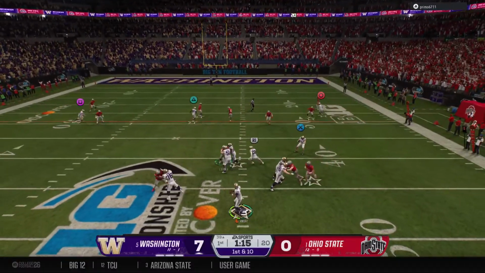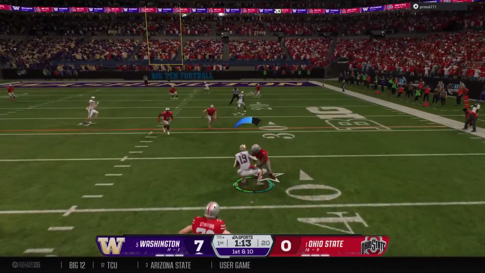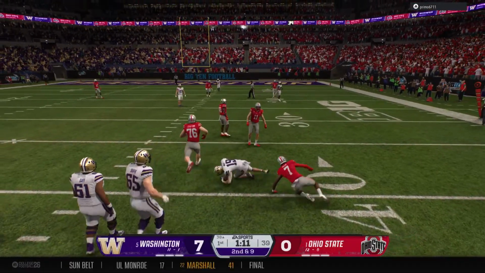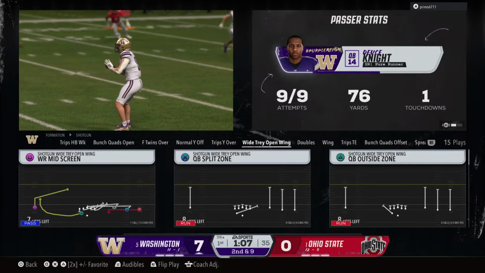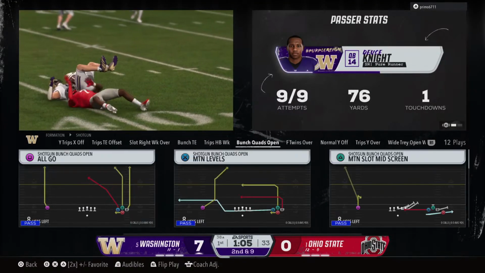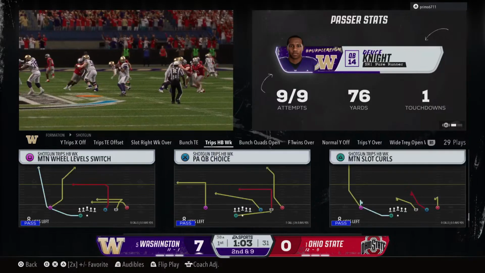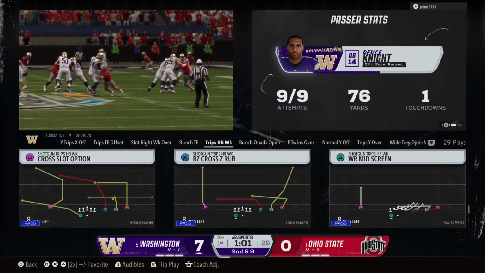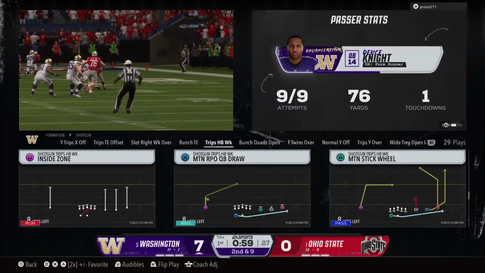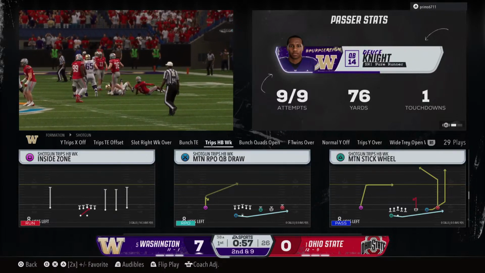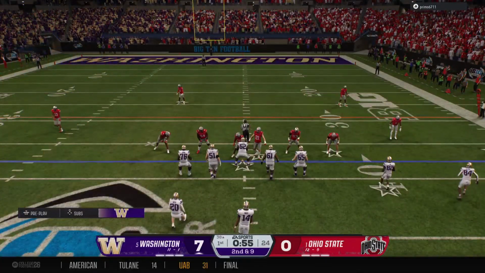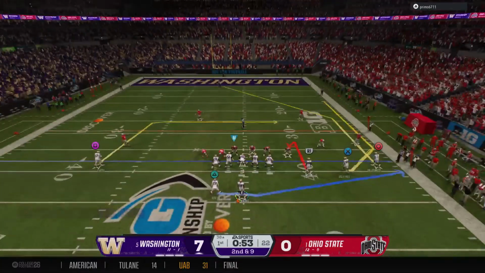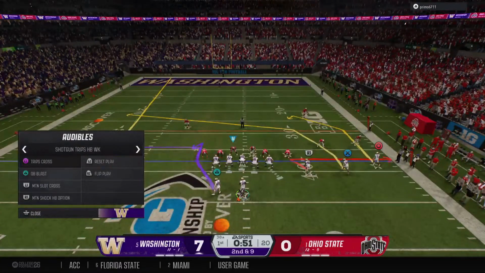On 1st down, it's play action. He dumps it off to the tight end. Defense reacts quickly. A very short gain on the play. Just a good job of spreading the wealth, making sure everybody's getting their touches. When you do that, the defense can't lock in on one guy or 2 guys. Make them have to be aware of everybody. It allows you to continue to spread the ball around and spread the field, making it tougher for this defense.